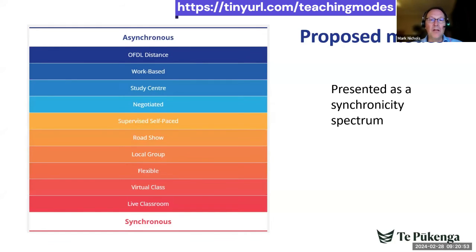So as an example, I'll take a business program we offer in Open Polytechnic through the OFDL distance mode. Now, the same courseware that's critical for making the OFDL mode possible might also serve as the basis for a local group mode, where a local teacher provides workshop-style sessions according to a timetable, building on those same materials developed for OFDL distance. So there are valid ways of mixing and enriching different modes of delivery if they're planned for. So let me briefly show you what this might look like.